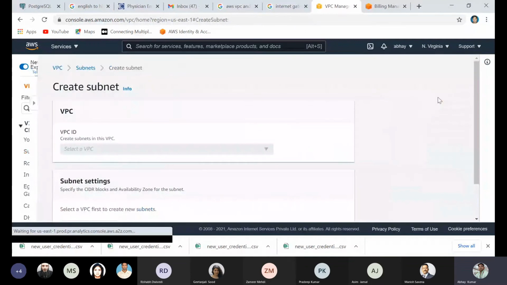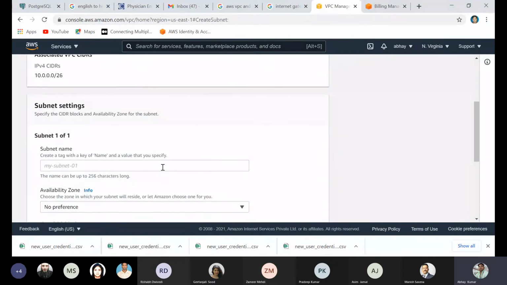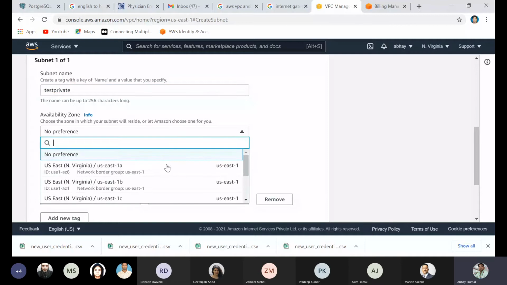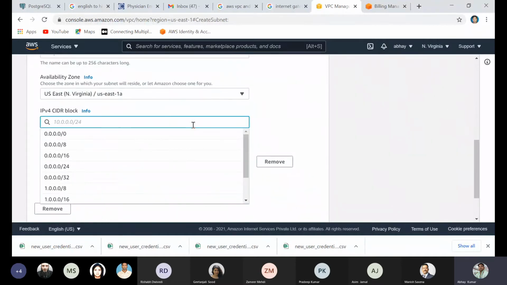Again, in the same way we can create more subnets, two public and two private. So go to test private one, select the availability zone. Of course we go with /28, then the bit length is 16. So what will the next CIDR block be?